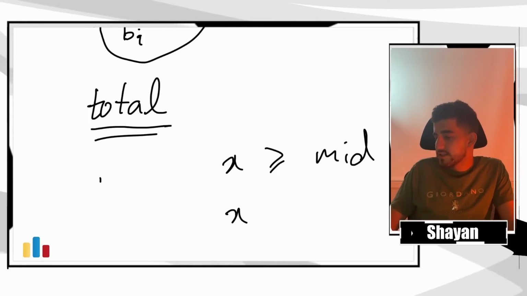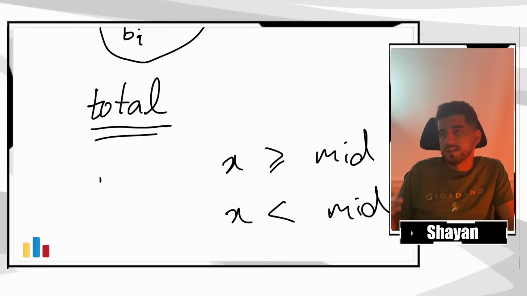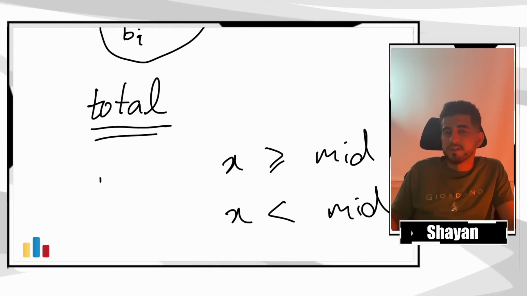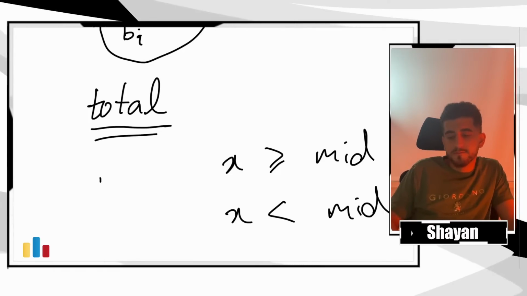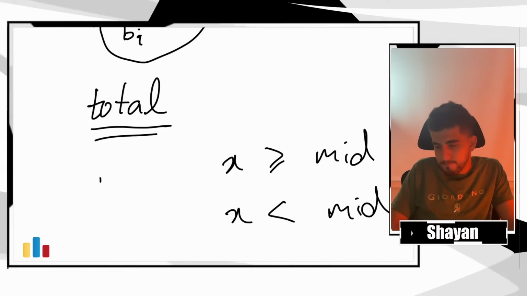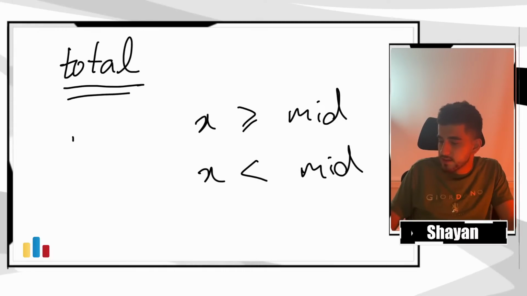Otherwise, my x is less than mid because I cannot do k operations and in all of them my number is greater than or equal to x. Does this make sense? So this is the first step. When I want to find such x,